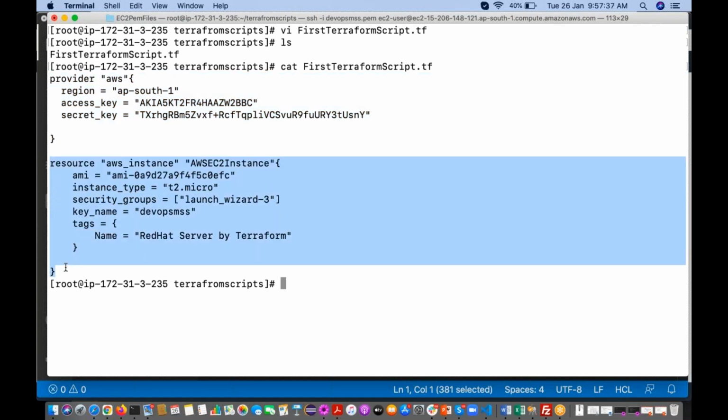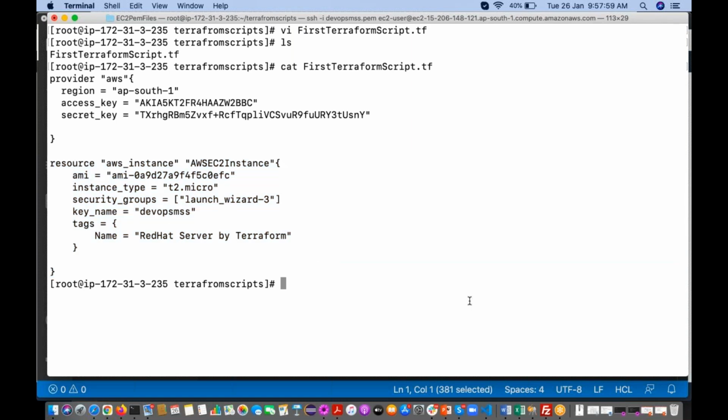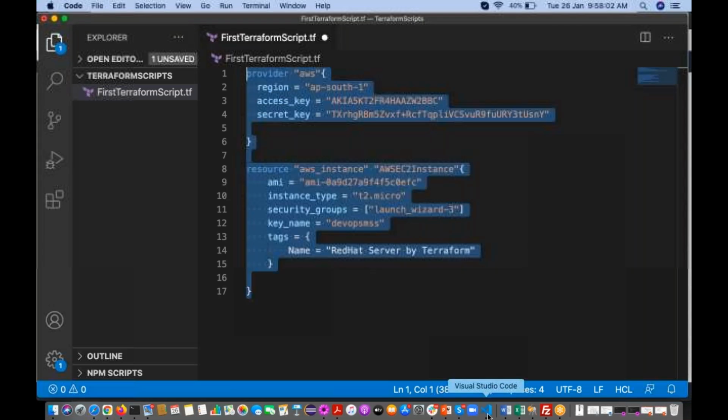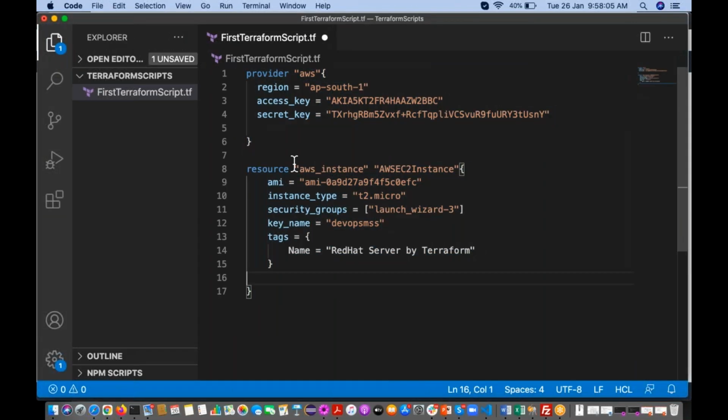So Raju is asking, is it possible to create an IAM policy, sir? Yes, it is possible. You can create an IAM user also. All these things I'm going to cover. Okay, very interesting. Whoever did that manually so far, for them it is very interesting. Yes, regarding indentation, if you use these editors, it will automatically take care of it. That's why I'm strongly recommending to start using these editors.